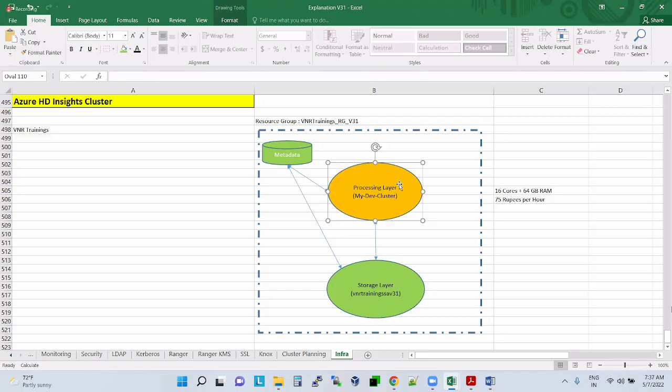Normally our guys will log in by 9 o'clock. There will be a scheduled script which will start by 8 o'clock and create a processing layer for them. By the time they come, the processing layer will be ready, and by evening 7 o'clock the processing layer will be closed. At that point you will have only these two available. From morning 9 to evening 6 or 7, the processing layer will be available, and after that it will be closed. So we pay only for those 9 to 11 hours. The rest, we will not pay.